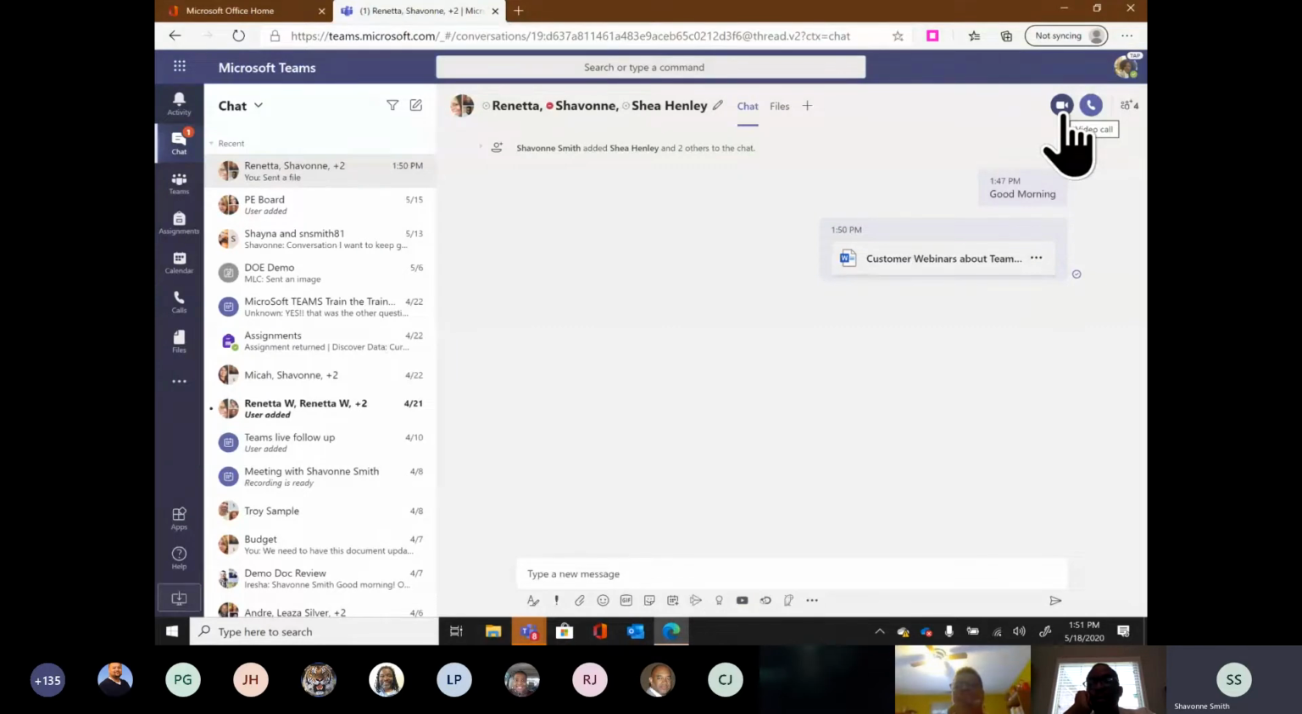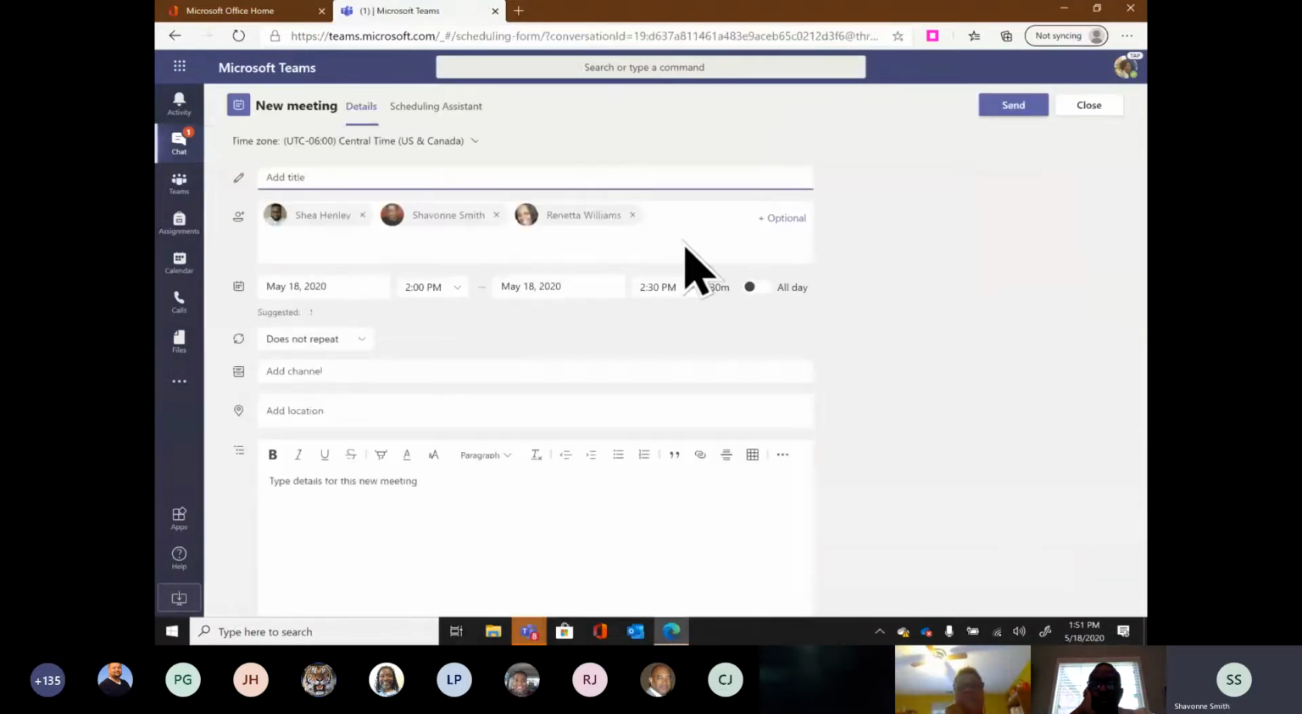Or if I need to schedule something in advance, I can go down to the bottom of this screen, right under where I type in my message, and I'll see that there's a calendar. When I click on the calendar, it allows me to schedule a meeting. So if it's something that needed to take place at a set